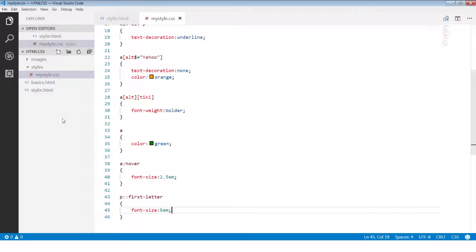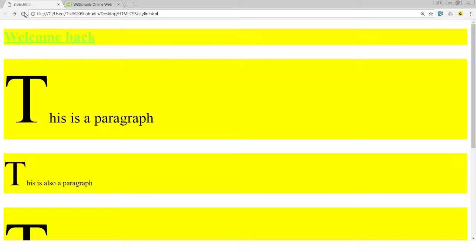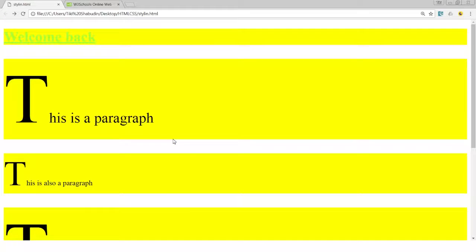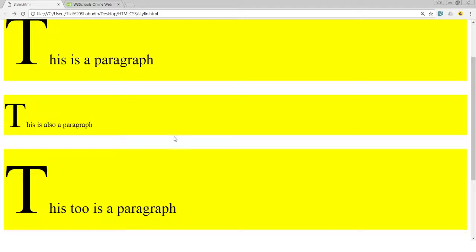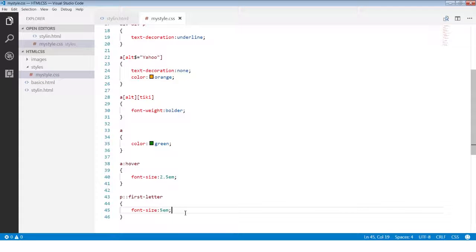And as you can see, the result is this. This is a paragraph, and ta-da! That is massive. Oh my God. As you can see, it's 5 times its, well, whatever size it started with. Okay, and it only affects all the paragraphs. So essentially that's what I wanted to tell you with